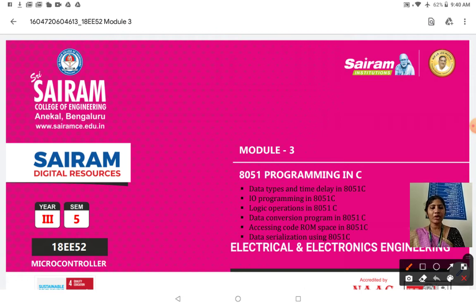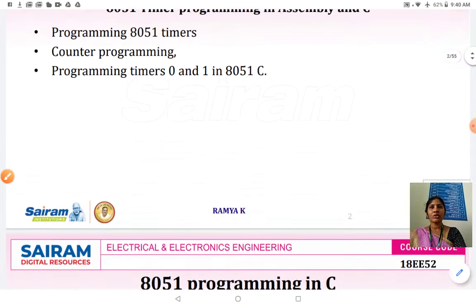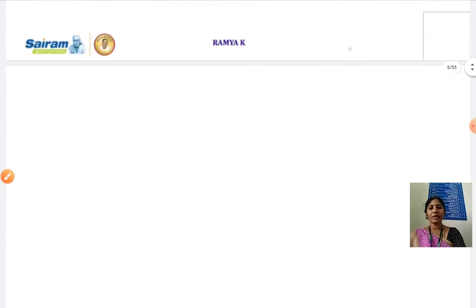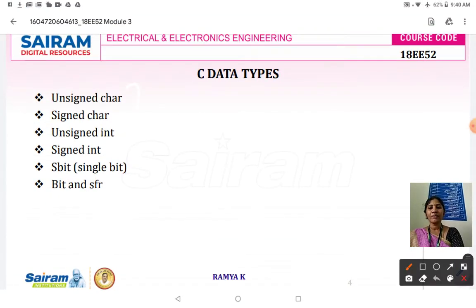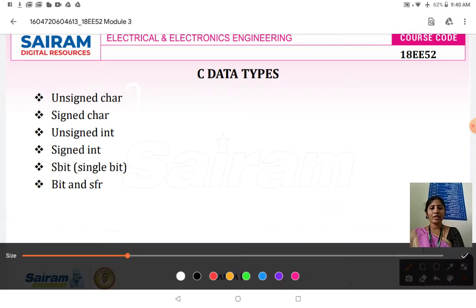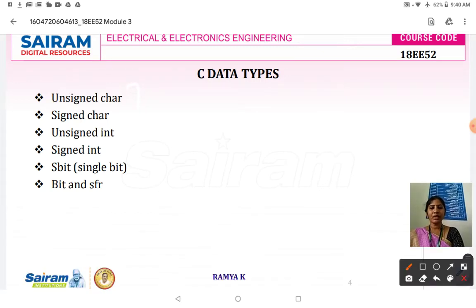In this class, we are going to discuss the data types that we are going to use. An introduction to these data types was given in the previous class; in this class we will go into detail. The different data types available in 8051 C are unsigned char, signed char, unsigned int, signed int, sbit, bit and SFR.